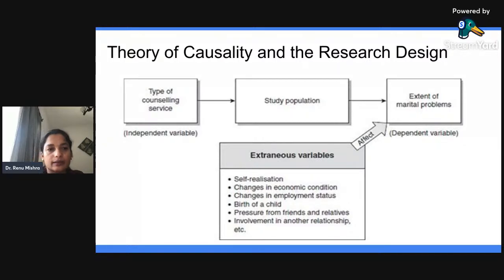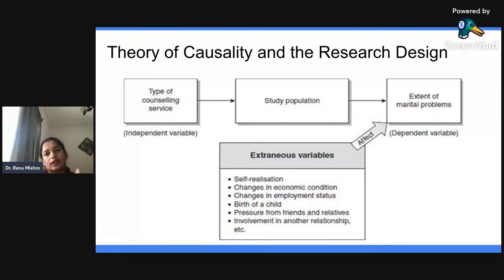I will move ahead if this is very clear, because this is something very basic, but it has to be very clear. So independent and dependent variables are understood. Okay, great. Another example I have given, I hope this will be very clearly understood by all of you,